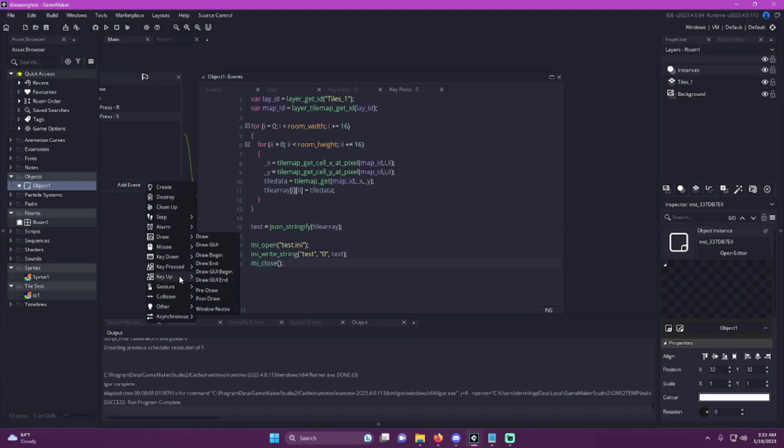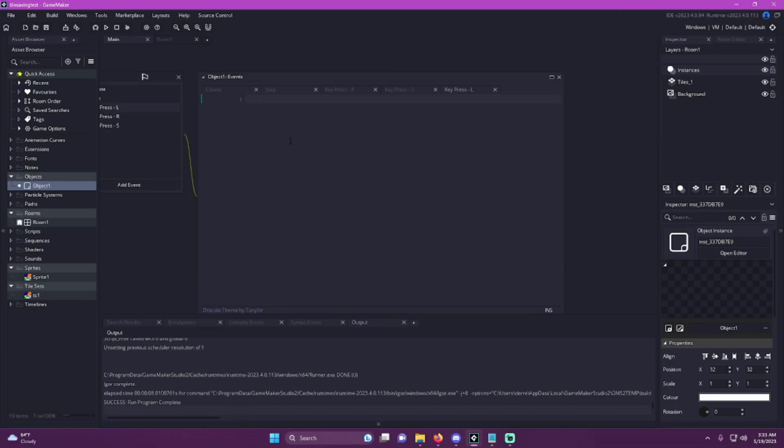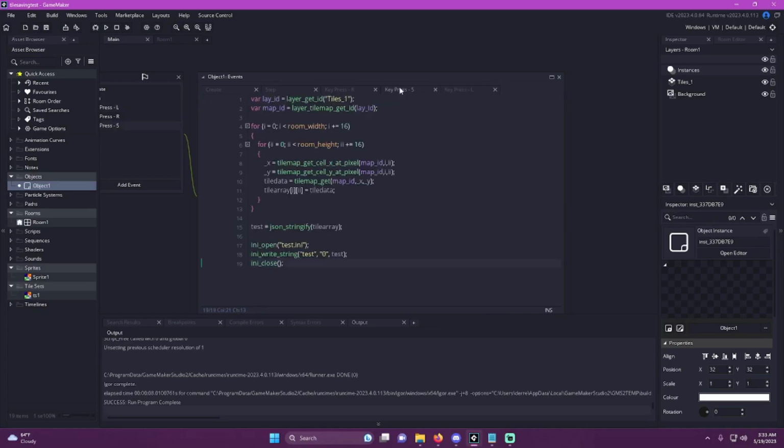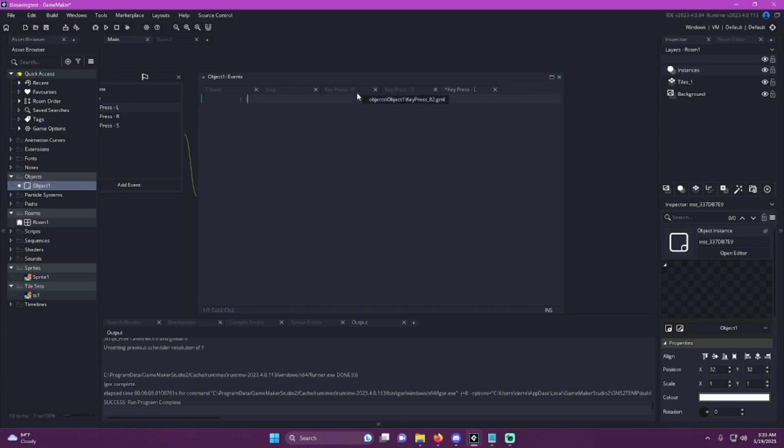So if we do a key pressed for L, we'll do this basically in reverse order of what we did on saving. We finished saving by opening an ini, writing the data that we've gotten stored in variables, and then closing it. On the loading, we'll first open the s.ini, and then we'll set our tile array equal to JSON parse. Since we did